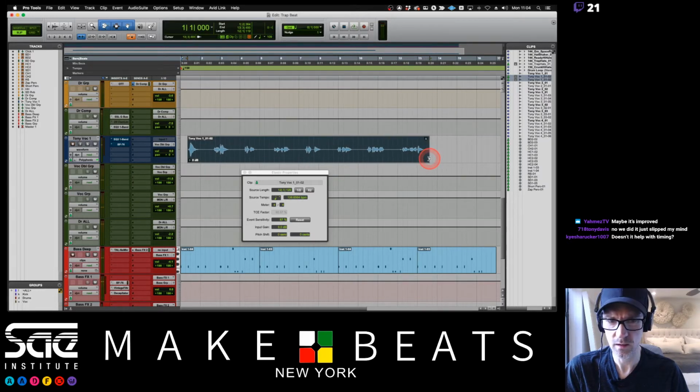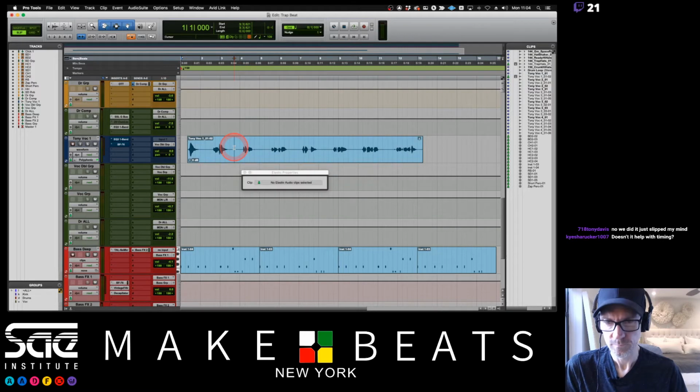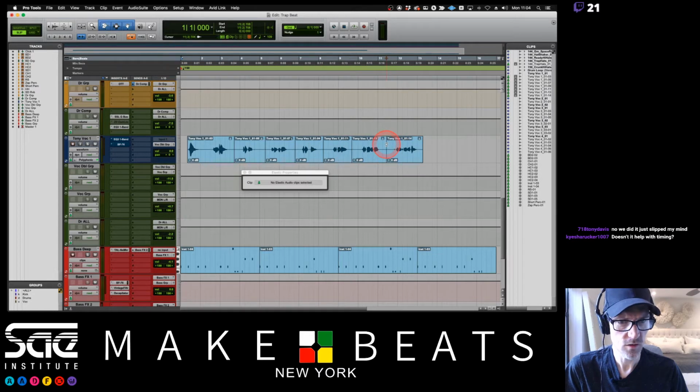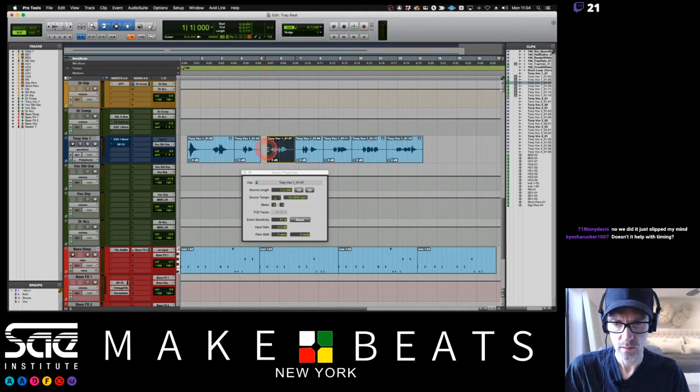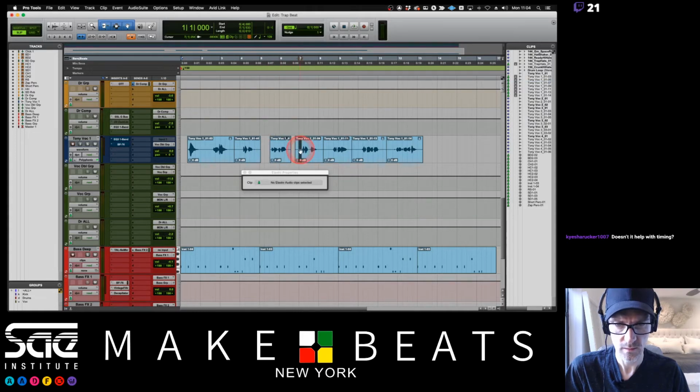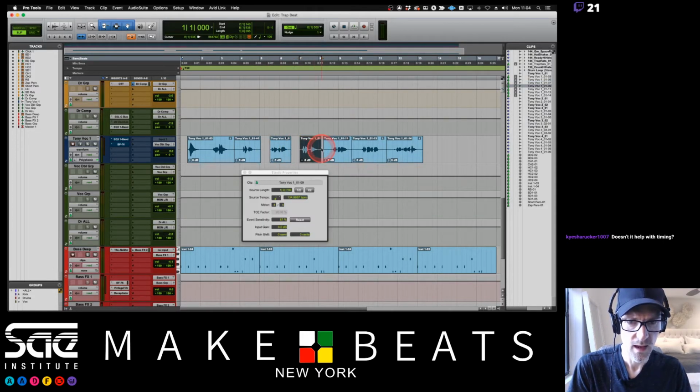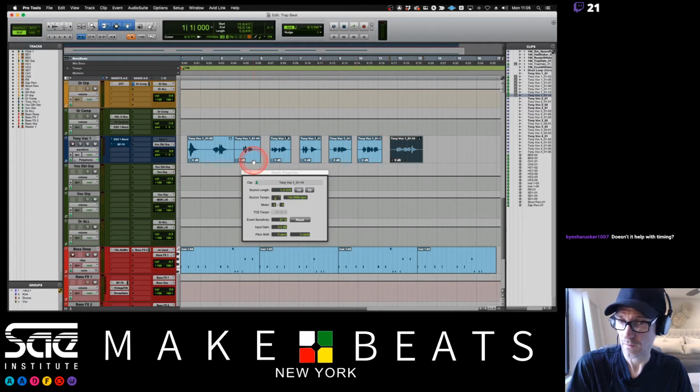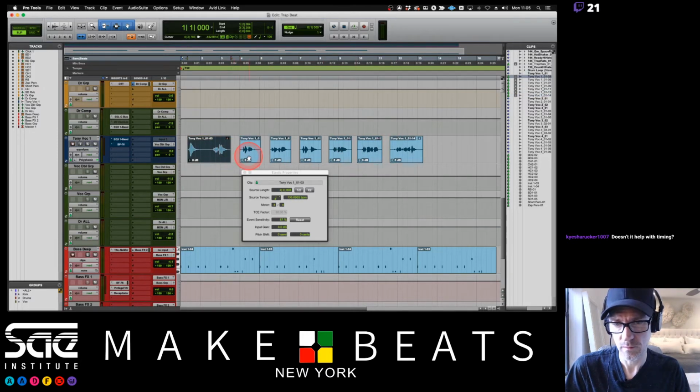So I'm going to keep going with this one here. And we're going to just put it back at 135. We're going to call that right. But then I'm just going to cut it. Instead of moving everything around with elastic audio, go in here and cut these because these individual ones should be fine. And I'm just going to move these around. Turn off my TCE tool. Adjust these a little bit just to make sure we're not overlapping anything. And so if you're doing any kind of remixes or whatever, this is the type of thing that would really actually super come in handy. If I had my microphone right now, I'd just re-record stuff, but